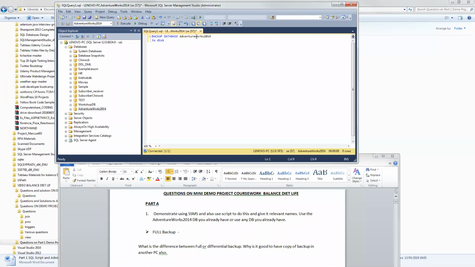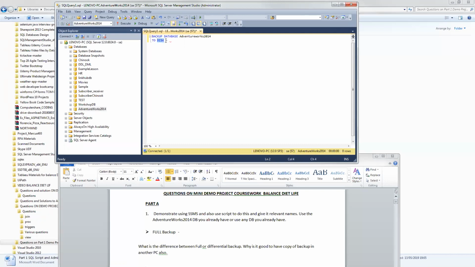So don't mind me, even though it's not in capital letter, it's still the same thing, okay? But I would rather want it in capital letter anyway, for me to see. To disk, equal to, now, I want the database to be in another place. To disk simply means I want you to back up the database Adventure Works 2014 to disk,